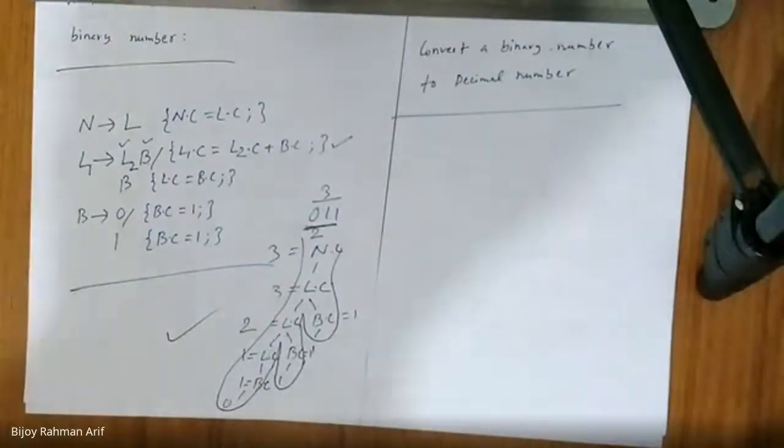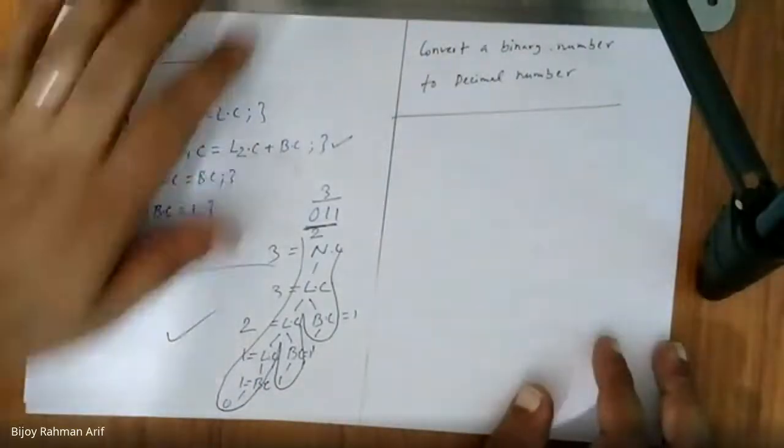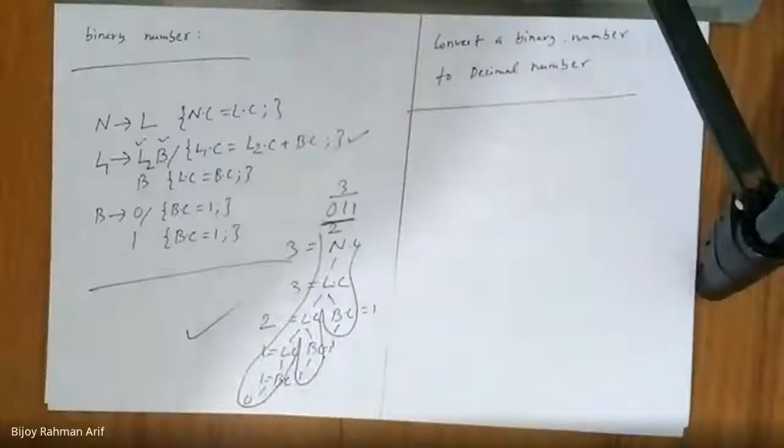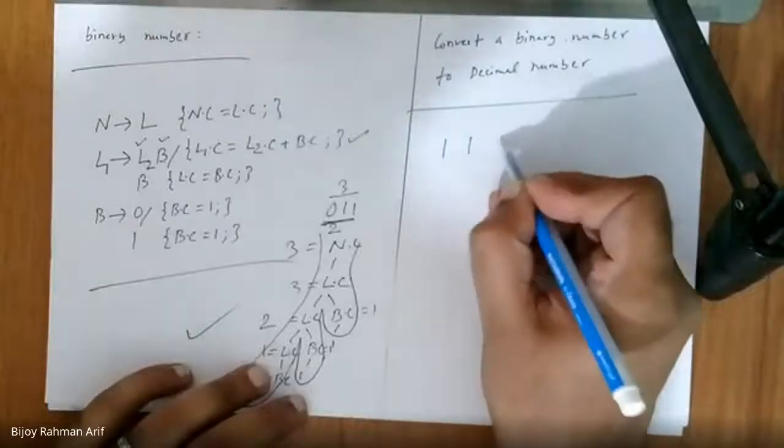How can you convert any binary number to a decimal number? What is the tactic? We have to change the base, sir. Each digit is multiplied by 2 raised to a power. Given 1101, what is the equivalent decimal number? Consider 2 to the power 0 for the first digit, plus 2 to the power 1, 2 squared, 2 cubed, and we add all those. Yes, it is actually 1, it is 0, it is 4, it is 8. It is nothing but 13. Right? Is there any other simpler way?